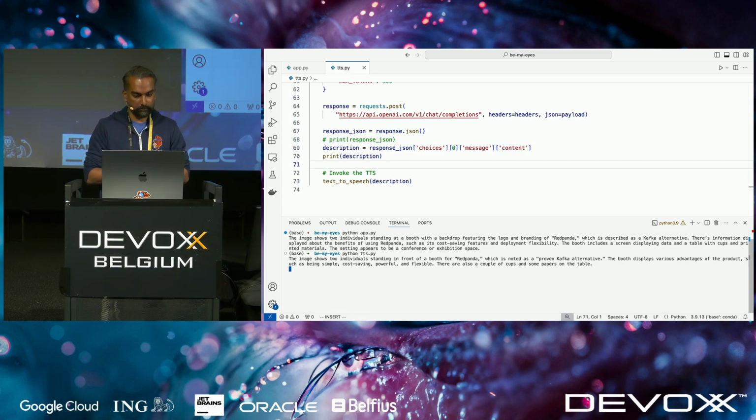The image shows two individuals standing in front of a booth for Redpanda, which is noted as a proven